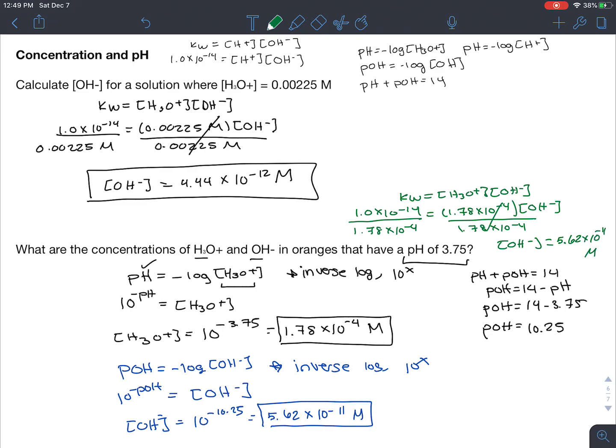So you get the same answer. I showed you this so you know that there's multiple ways of solving it. Now, if you're given the concentration, you could always just plug it into the negative log and